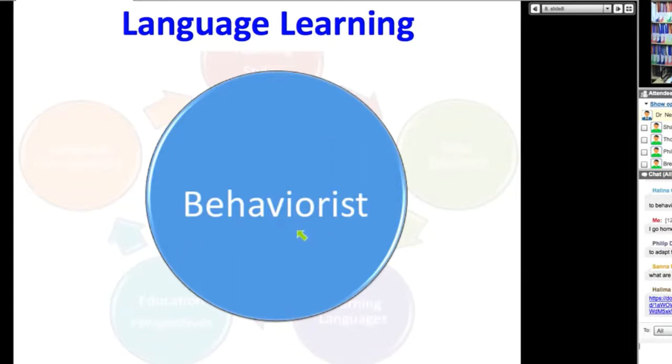How will you change their behavior? In the behaviorist way. So how will you do it? Any ideas? You want to change their behavior. What are you going to do? You have to change their situation, right? You want to change the way they're saying it. They're making a grammar mistake. How are you going to get them to change?